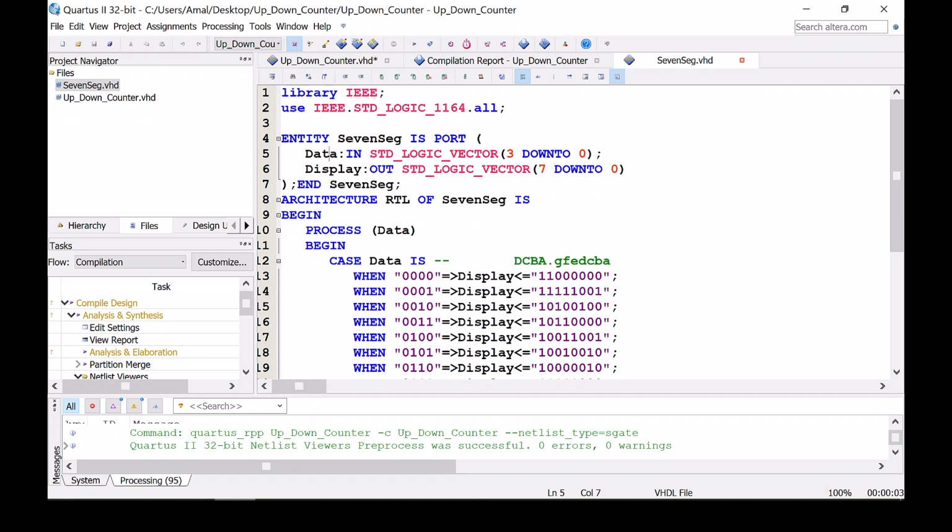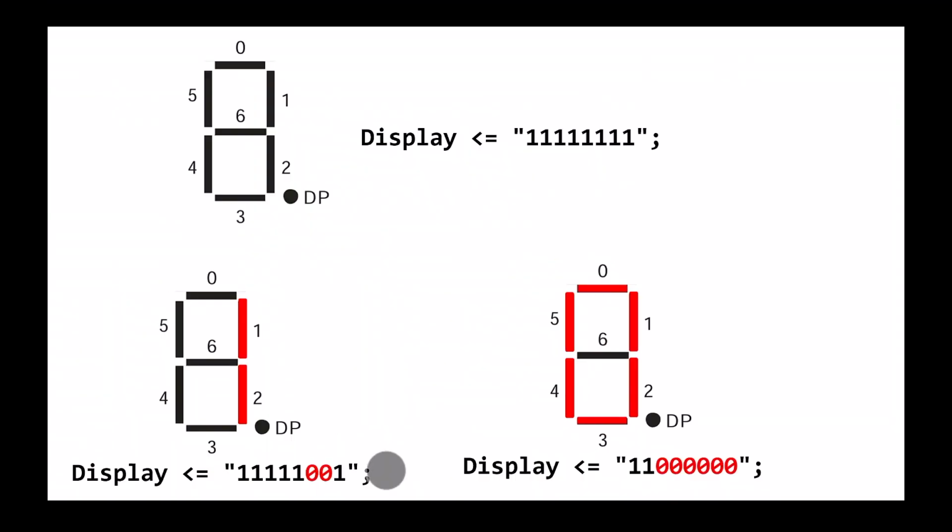So the 7seg component takes a 4-bit data, and then it decides which bits of the display output must be on and which bits must be off. So here, when we want to display digit 0, as we saw earlier, all bits must be turned on, so they're given a value of 0 except bit 6, which is the segment in the middle,